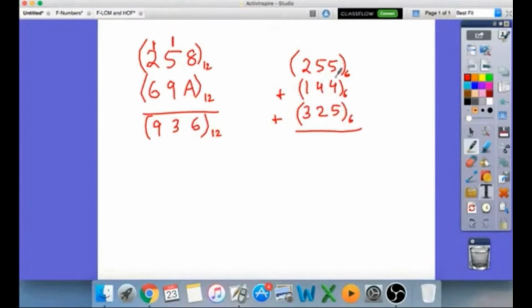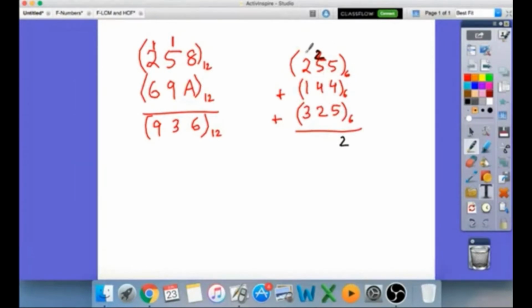Here, the same logic applies. So you have the sum as 14. How many times does 6 go? 2 times. So 12 will go aside as carry. So 12 will go as carry and you have 14 here, 12 went away. So 2 is left. Now when you add these, that's 8 plus 5, 13.